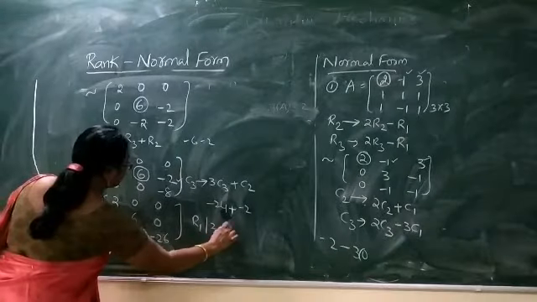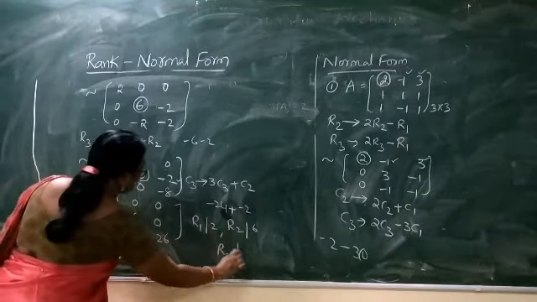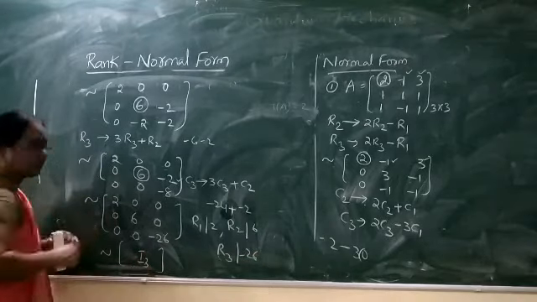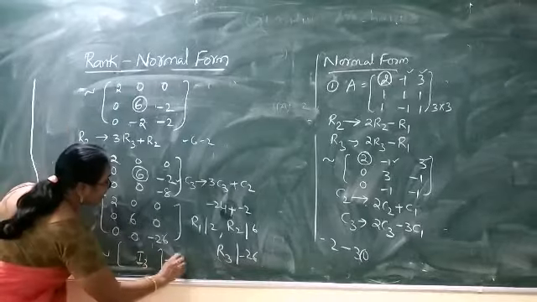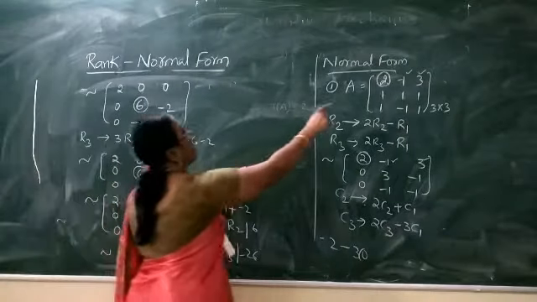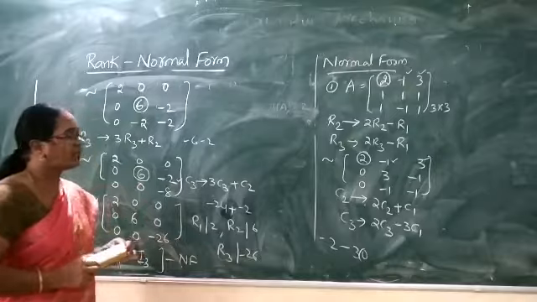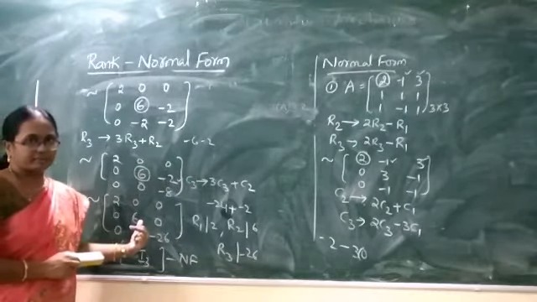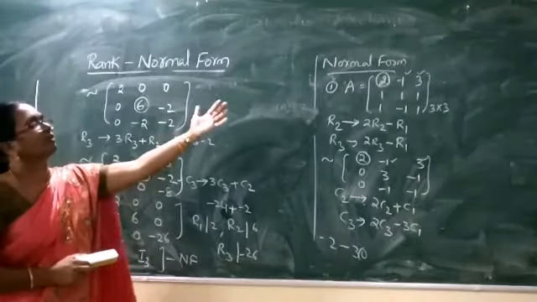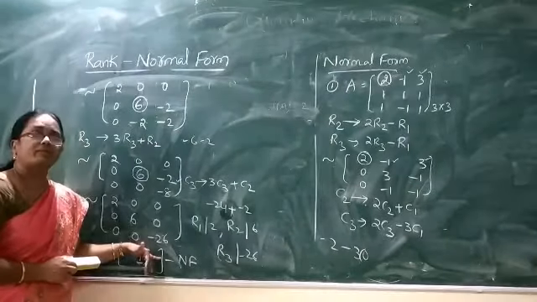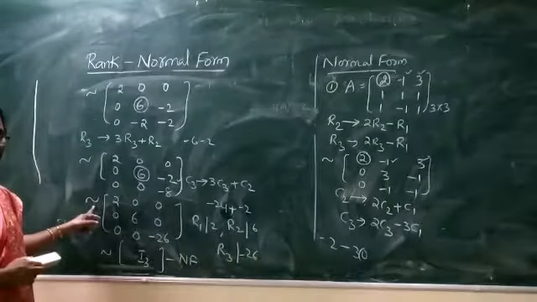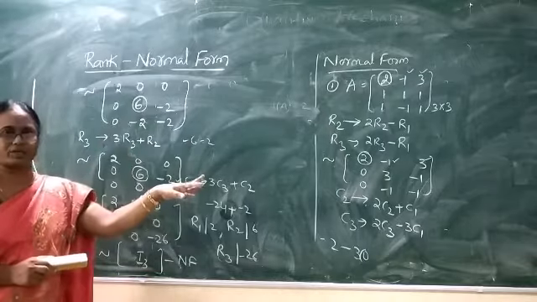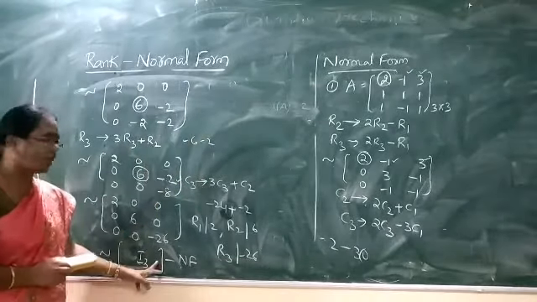It is R1 by 2, R2 by 6, R3 by -26, so that we get a form which is equivalent to I3. This is the normal form. This is our required normal form of the given matrix. And hence we say that because the given matrix is equivalent to the normal form, they possess the same rank. What is our point? Because the given matrix A is equivalent to this normal form, everywhere we have used equivalency symbols. So we have arrived from the given matrix at this normal form through a sequence of row and column operations. Hence we call the given matrix equivalent to the normal form.